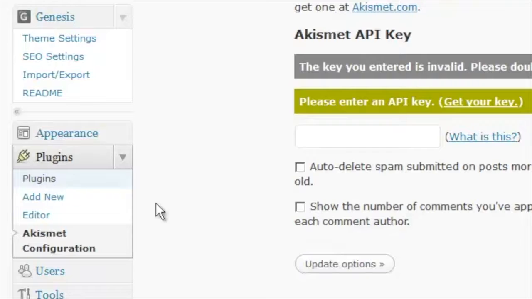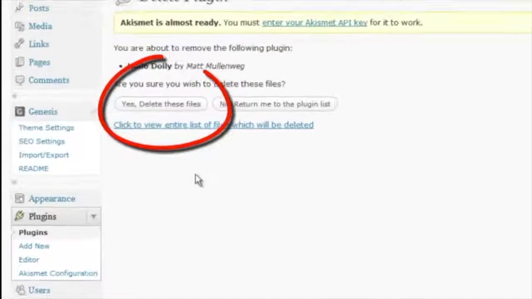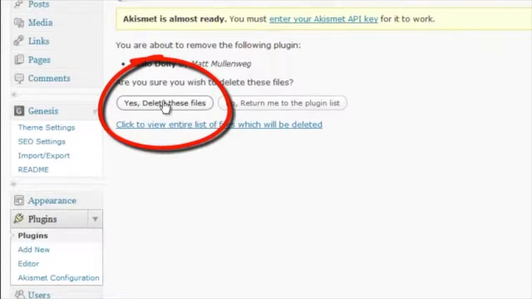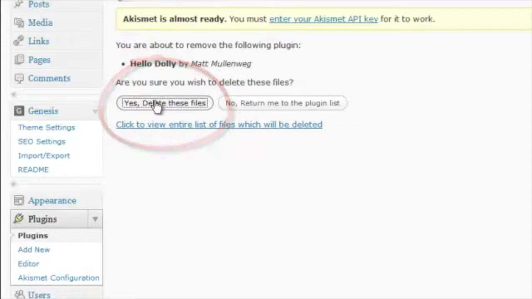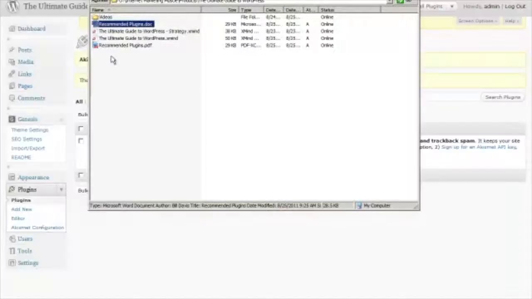If you go back to the plugins dashboard, you'll find that there are two plugins here. This one, Hello Dolly, is a silly one. I always delete it. It does nothing for you. It adds no functionality. It's just kind of an example put in by the default WordPress installation. So click Yes, delete these files. And now we have Akismet there. Let's go to our list of recommended plugins